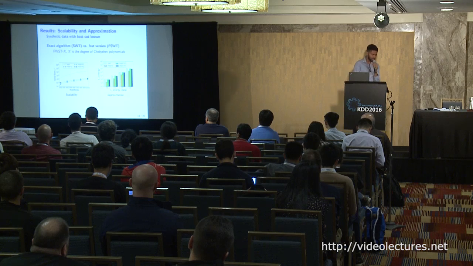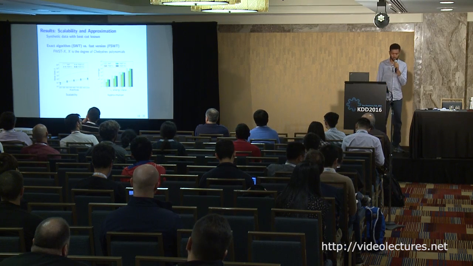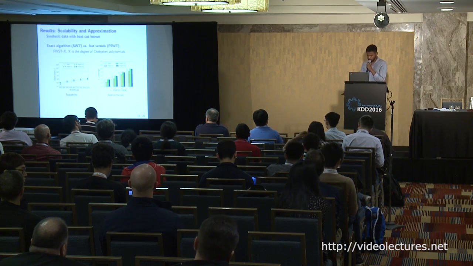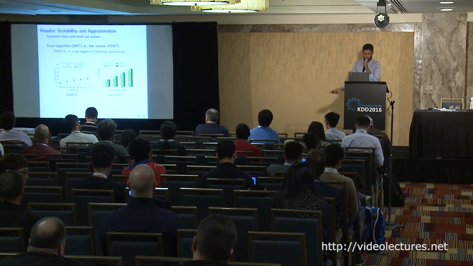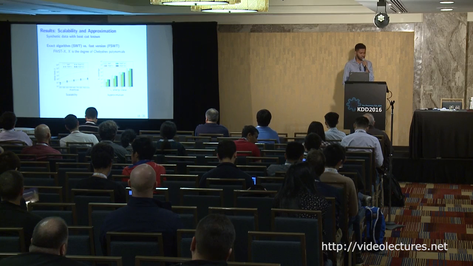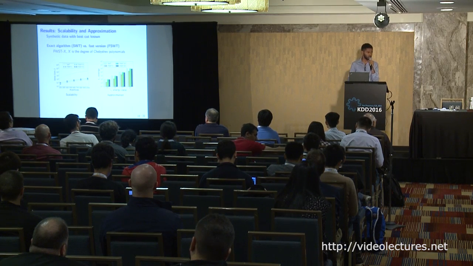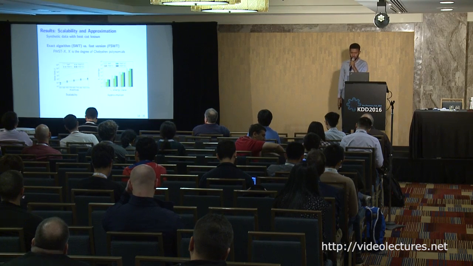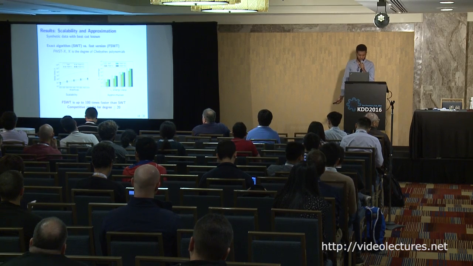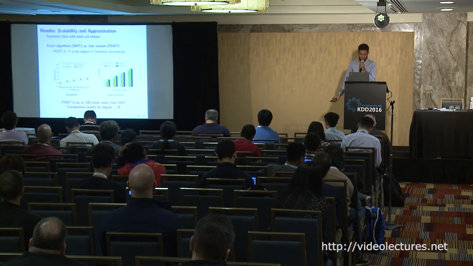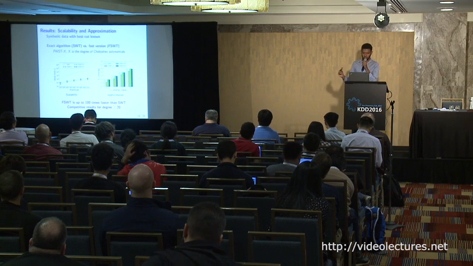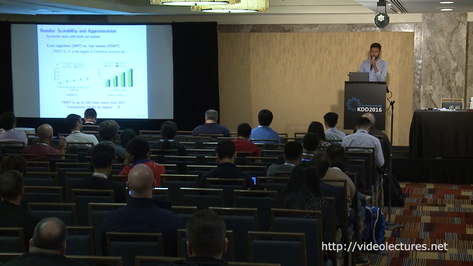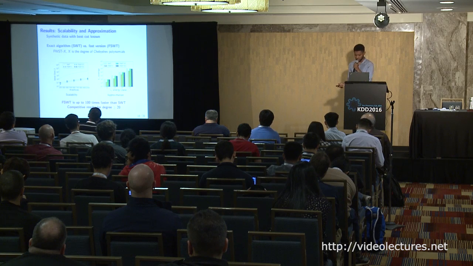So, some results. The first question that we ask is how efficient are these solutions, and whether our optimizations really get us any benefit. We have shown that if you do those optimizations that I just described, you can become up to 100 times faster than the trivial algorithm that just applies the eigenvectors and computes the pseudo-inverse and all that. For Chebyshev polynomials, you have to define how many coefficients you want to keep. We have shown that with only 20 coefficients, you can approximate the solution well. So this gives a lot of gains in performance.